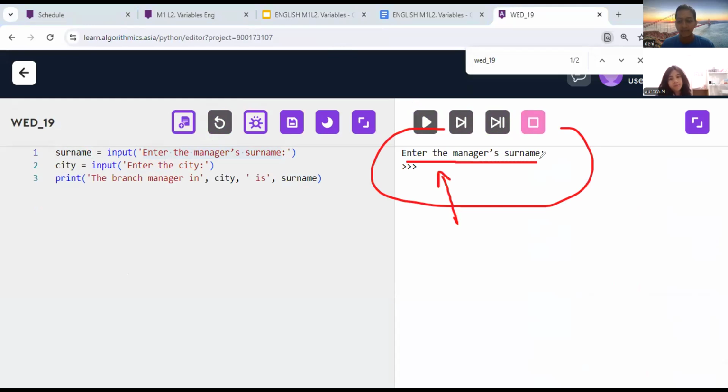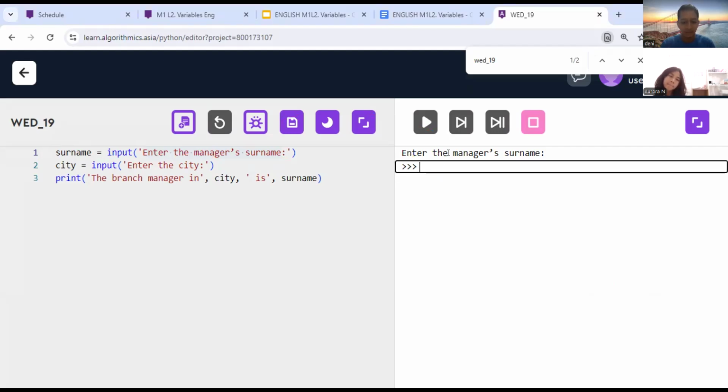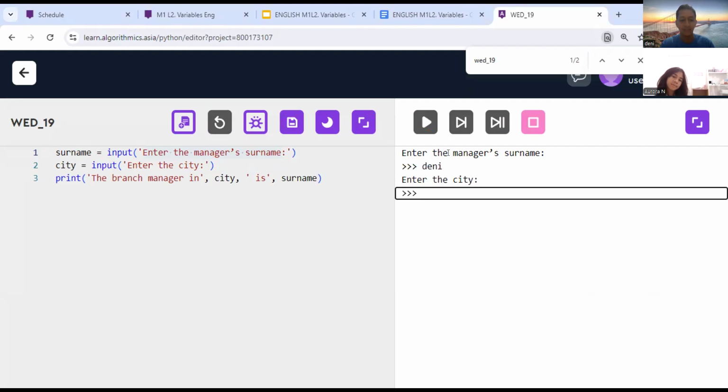Enter the manager's surname. It's the same as this parameter, the input parameter. Okay, Aurora. So for the next, if you see this symbol, the arrow three times, it means the input function, not print. Let's fill in the manager surname, like Denny.